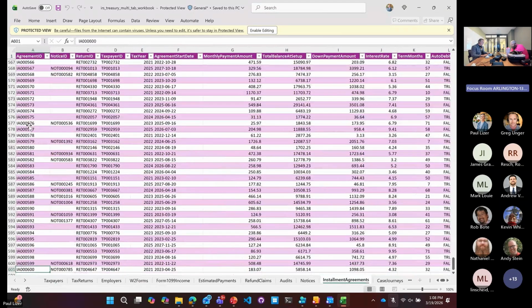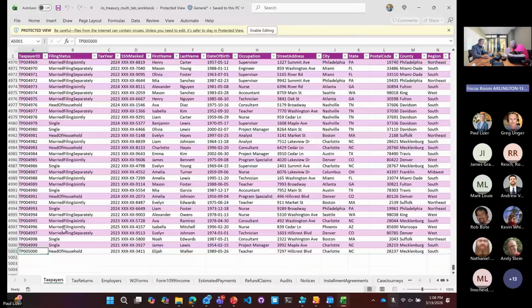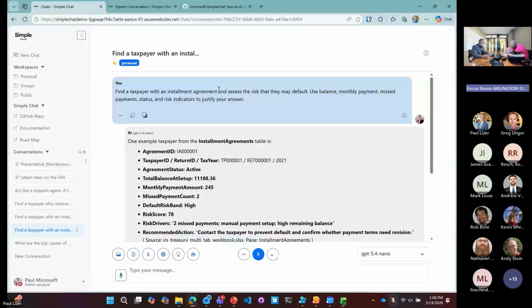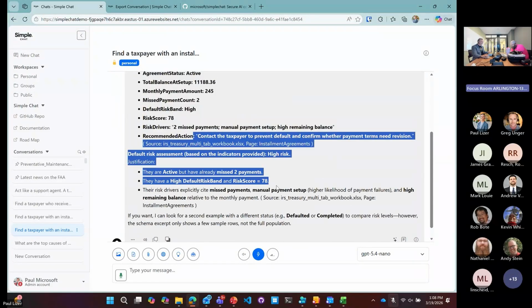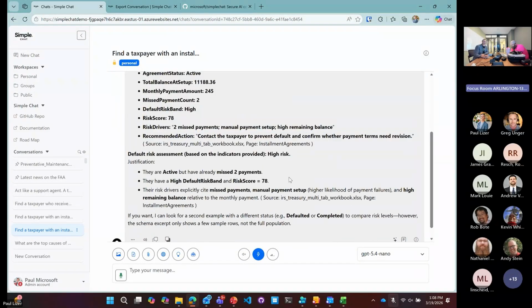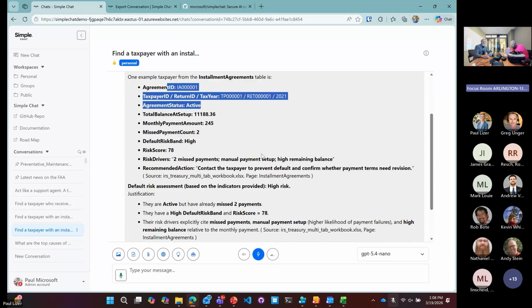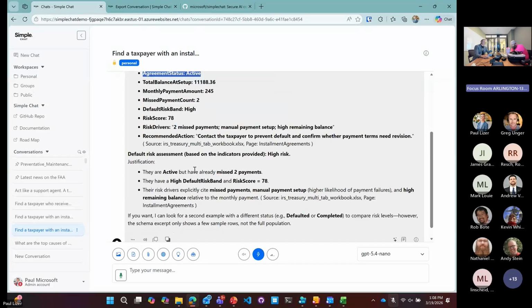Again, thousands of rows, for some of these, lots of columns, lots of taxpayers, say 5,000, asking questions like finding this taxpayer, getting this information, developing a risk on if they're going to return that payment. So it's having to find a taxpayer, get information, aggregate across all the tabs, and then leverage that to develop a default risk assessment.